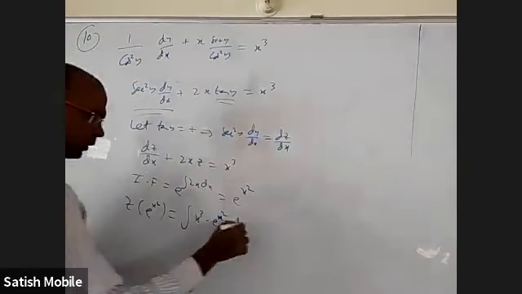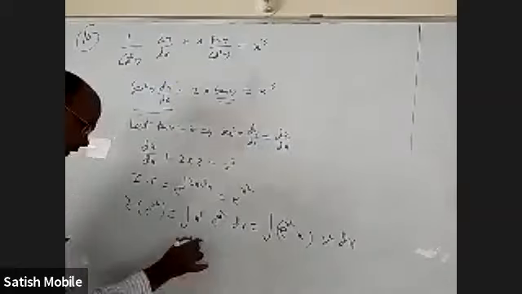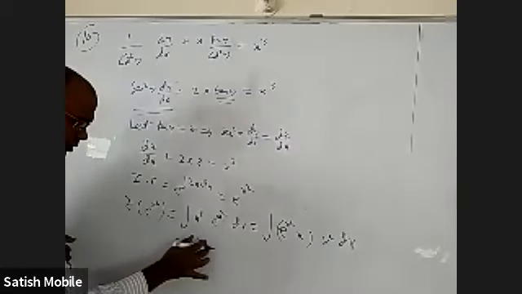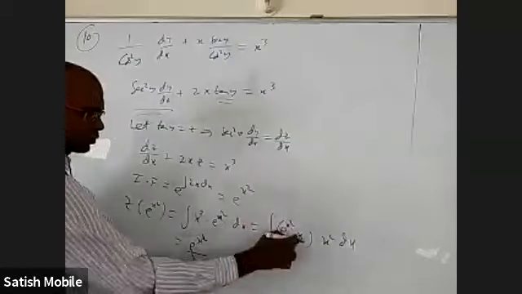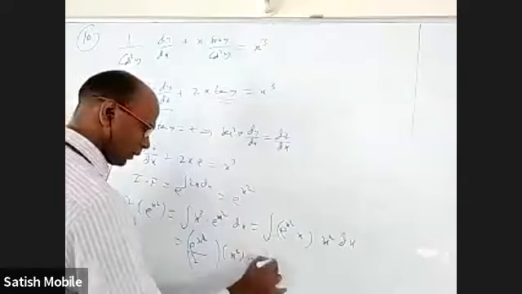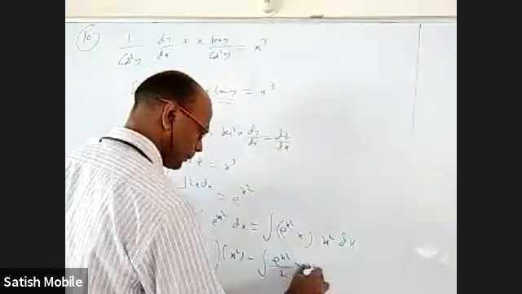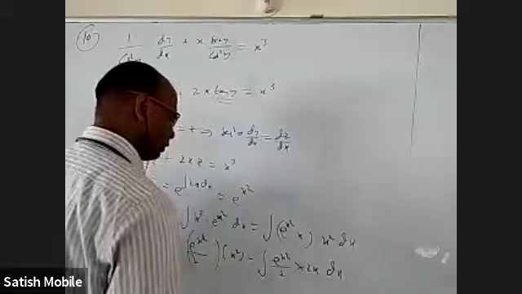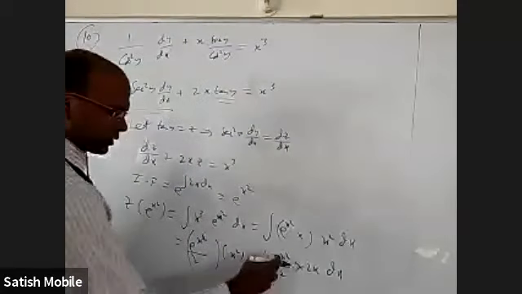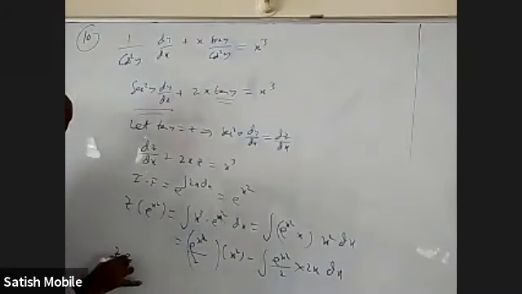Somewhat like the previous integration only. I can write this as e power x square into x. Question is, I'll get e power x square by 2 because the derivative of x square is 2x, into x square as it is. E power x square by 2 will continue. Derivative of x square is 2x. And now for this nicely derivative is available, so integral is e power x square by 2 will continue.